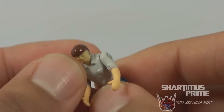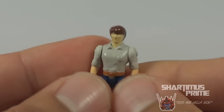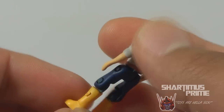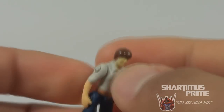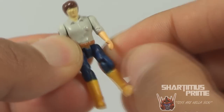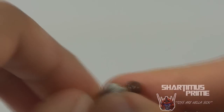So here's a Spike Witwicky figure, and you can tell he doesn't really have much of a face, but it's kind of sculpted there. And he's got nice pockets and everything. A little nice detail in it. It's not a bad minifigure, you know what I mean? It's like double the size of my thumbnail, I guess. So it's a very, very small figure. His head doesn't move at all. His arms move forward. He has no waist articulation. His legs move forward. They move out a little bit, not really. He bends at the knee. So that's pretty cool. They gave him that bit of articulation so that he could sit in his different compartments